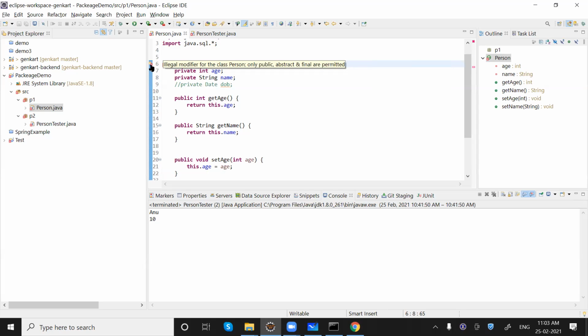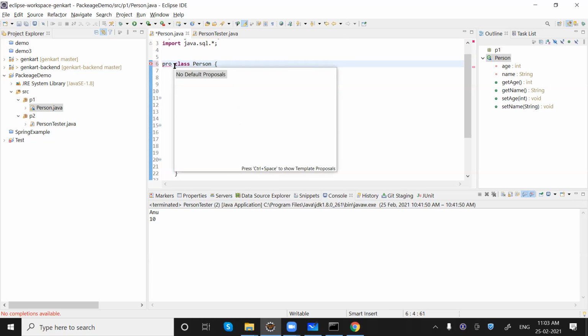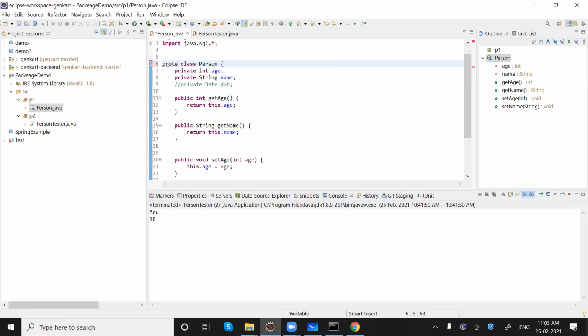Getting my point? So we can have the default scope or the default access specifier, or we can just write public. Outer classes can have only public and default access specifiers. We cannot make them private or protected, like we have seen this private case. Even if I say protected, we are getting an error.